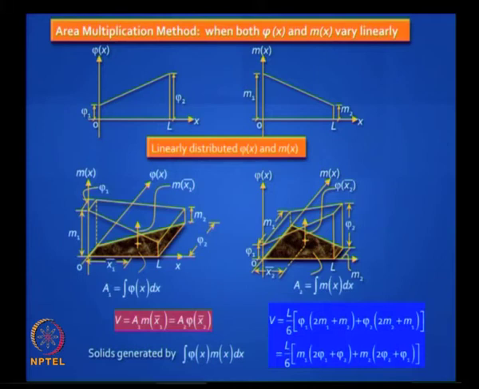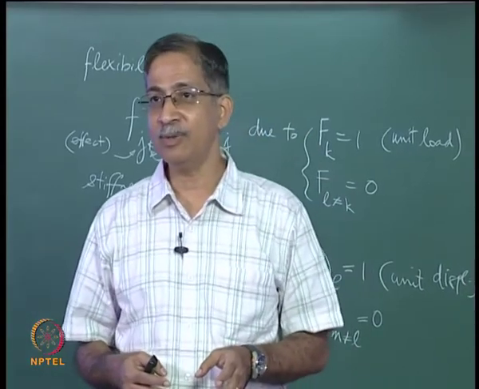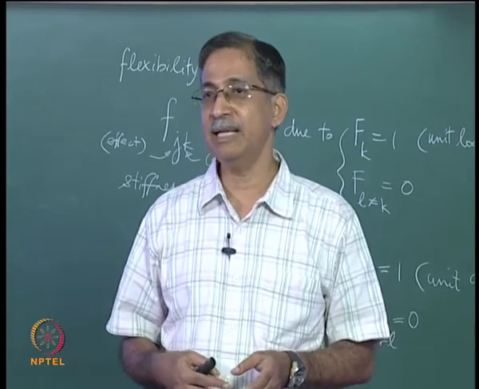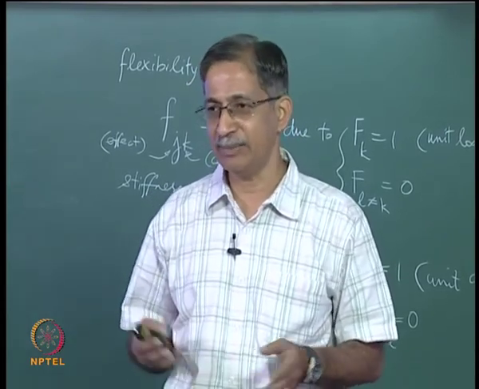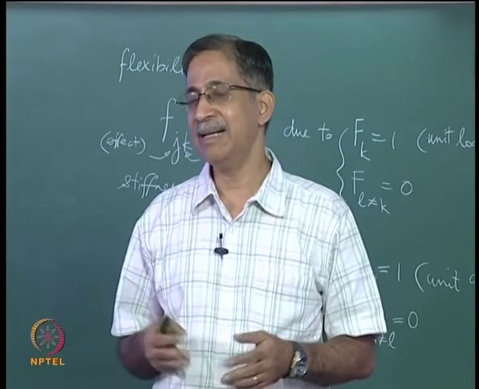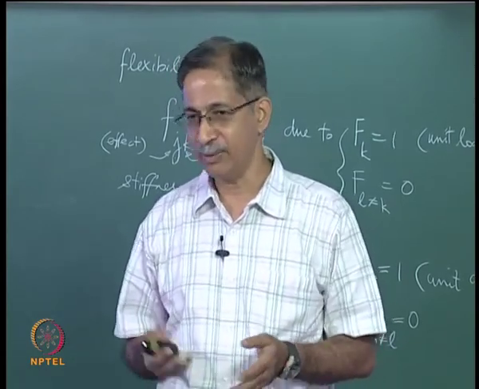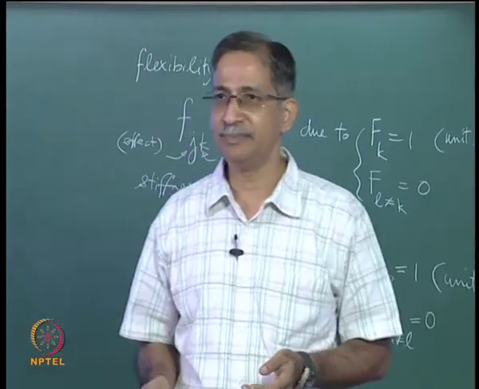In case you forget and you flip it over, you will still not make a mistake. It is L by 6 [m1 into (2 phi 1 plus phi 2) plus m2 into (2 phi 2 plus phi 1)]. This is a very useful formula. It works even if some of those values are negative. Okay, so the trapezium, as long as you have one equation for that trapezium, it will work. If one of them is a rectangle, you don't need to use this formula. If one of them is a triangle, you don't need to. You can have simpler methods.